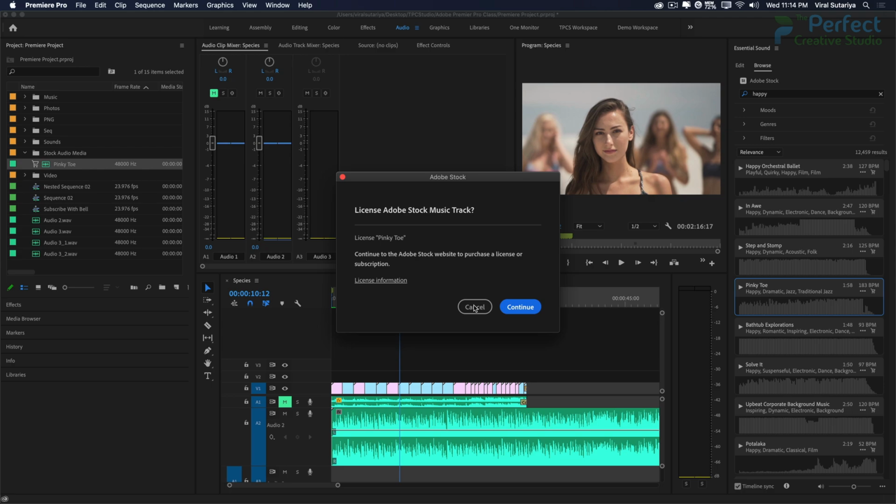Friends, one more thing you should know: if you are posting a video that includes Adobe Stock audio tracks on YouTube, you may receive a YouTube copyright claim. If you receive that claim, you need to submit an Adobe Stock license code for each piece of licensed music. So copy the license code and keep it handy when you publish your video to YouTube.